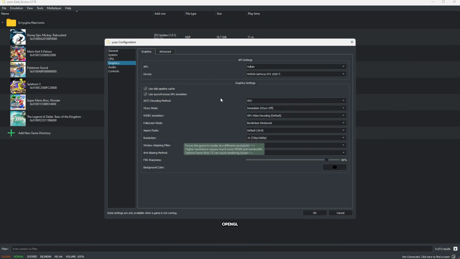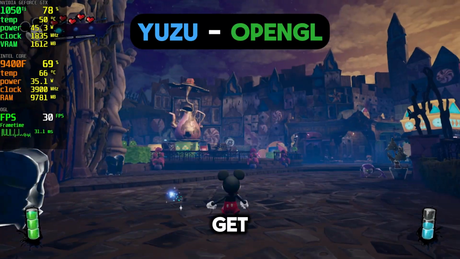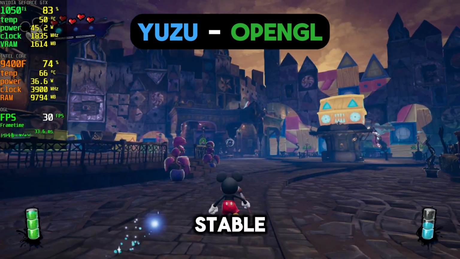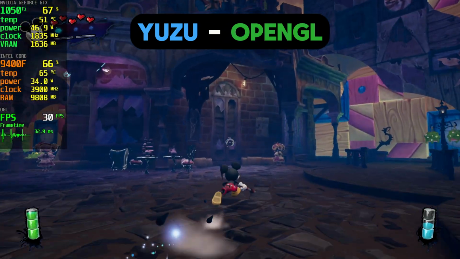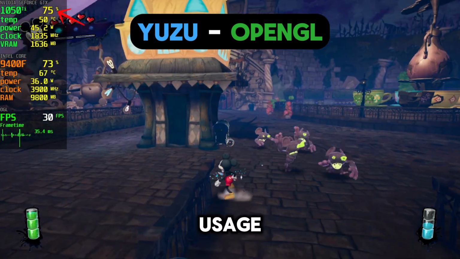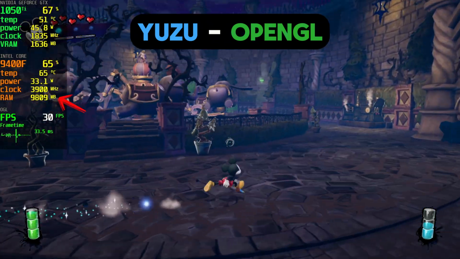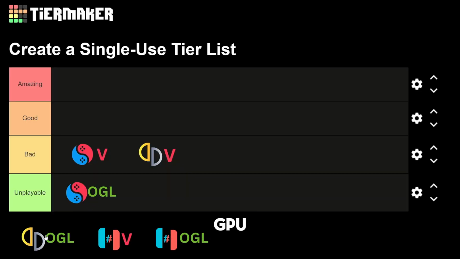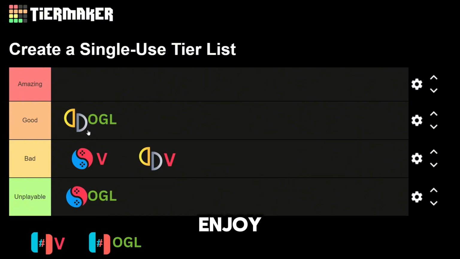Now let's change Yuzu to openGL and hope we get better results than we did with Vulkan. Now we finally get over 30 FPS, and we can see there is no major stutters with the frame time as it remains stable compared to others. But now we get a new problem with textures and graphics popping in and out. But with openGL our GPU usage has gone down to the 70s and 80s, but our CPU usage and RAM has stayed the same. So, with a playable 30 FPS and no major stutters, also with better GPU utilization, Yuzu openGL goes to the good tier